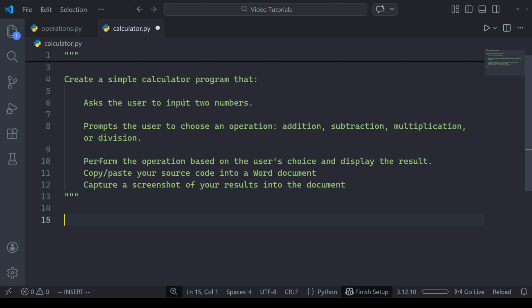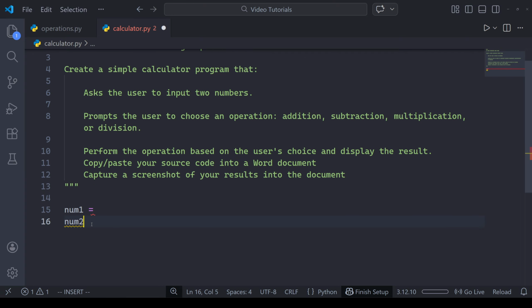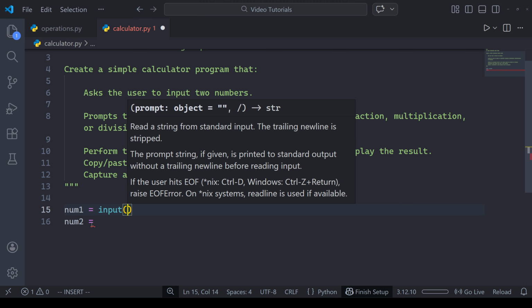And so for this one, since we're asking for two numbers, I'll just keep my variable names short. I'll do num1 equals, I'll leave this blank for now, and then num2 equals. Okay, so two numbers. Now, what do these equal? Well, they equal the result of the input function. So if I type in input and open up parentheses here, your text goes into a little bit more detail about how to use input, but you can also read the built-in documentation.